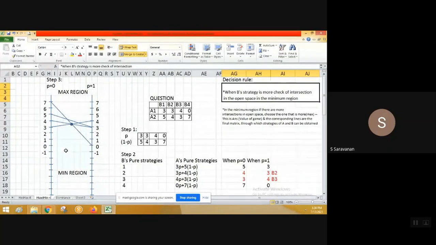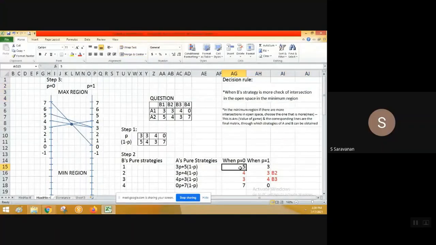Okay, but here, you see, we have 3 points, right? So see here, this is because of intersection of 7, 0, 3 and 4, 4 and 3. So everything is getting interconnected here. So the only thing that misses is 5 and 3. So B1, right? This strategy is not available. So B1 strategy we are not going to use. Other than that, any strategy we can use.